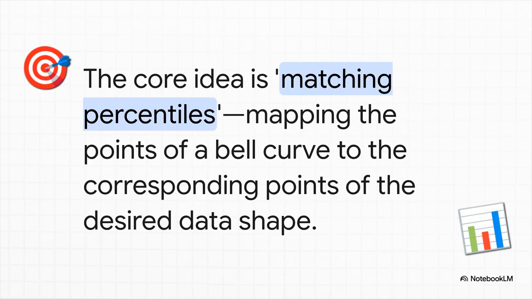The secret sauce here is this idea of matching percentiles. It's brilliant. Imagine you take the 5th percentile point from the simple bell curve. The formula then finds the matching 5th percentile point on your skewed, complex target shape and maps it. And it does this for every single point, the 50th percentile, the 99th, all of them. So it's literally stretching and squeezing the simple bell curve until it becomes a perfect clone of your messy, real-world